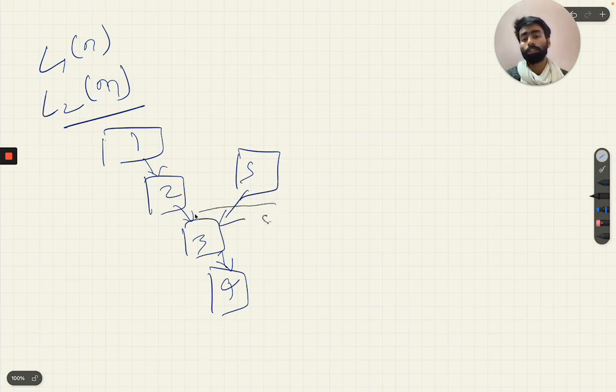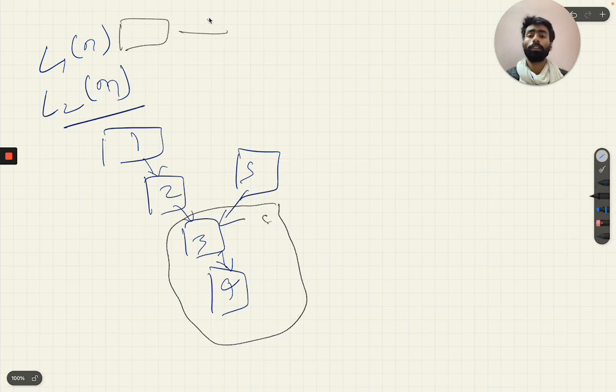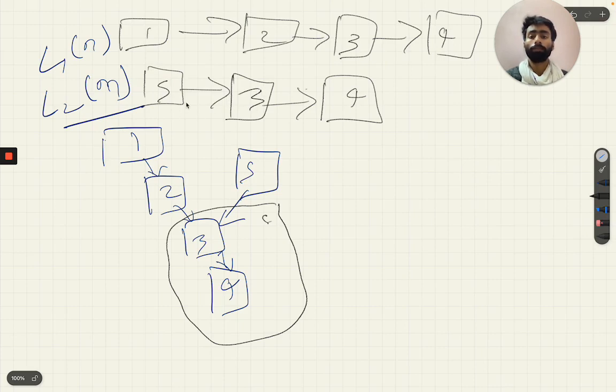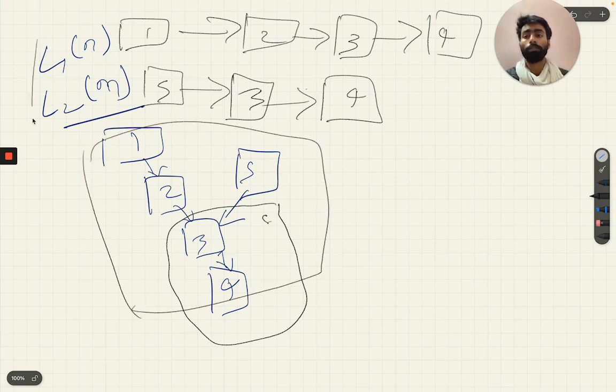This part is common in both. That is, if we draw it as a single linked list, so this is our linked list. Here 1, 2, 3, 4, and here 5, 3, 4. So this is the explanation. This is the problem, and we have to find this point.